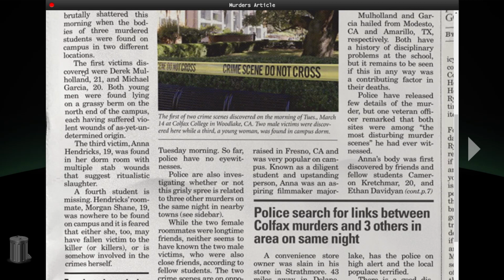The first victims discovered were Derek Mulholland, 21, and Michael Garcia, 20. Both young men were found lying on a grassy berm